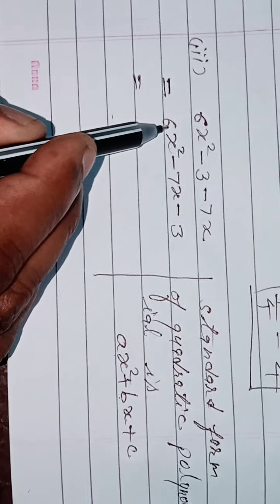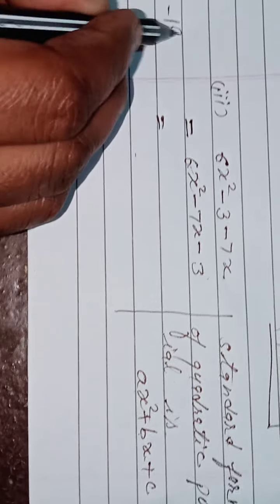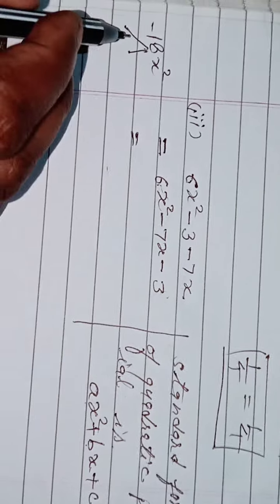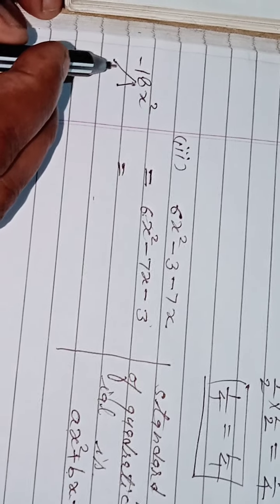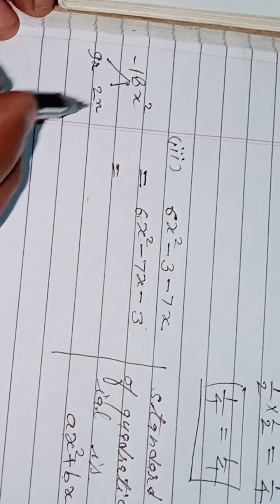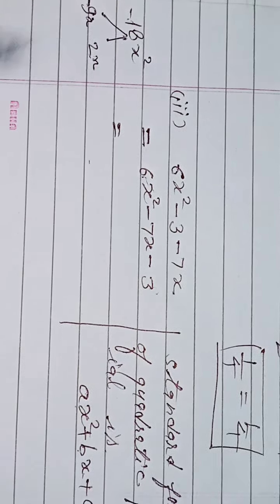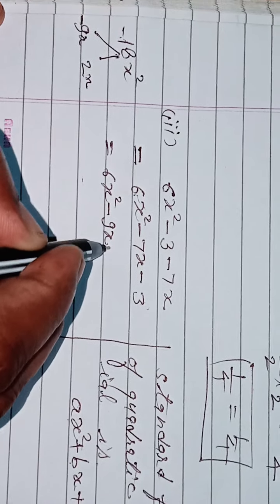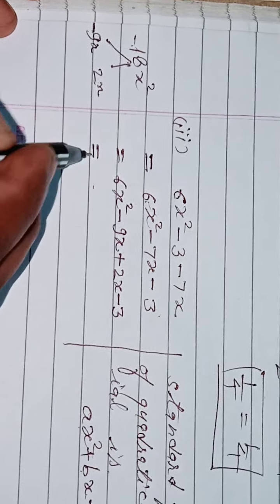First find the product of the first and last term, first and third term. This will be 6 times 3 is 18, so minus 18x square. Find two factors whose sum is minus 7. 9 times 2 is 18, 9x and 2x. The product is negative, so one will be negative. Splitting the middle term: 6x square minus 9x plus 2x minus 3 is equal to